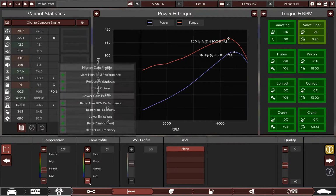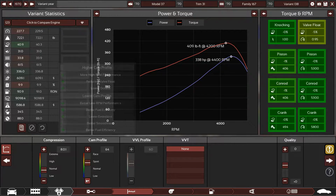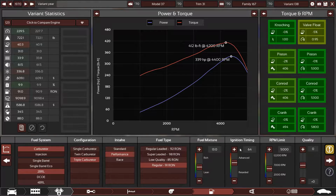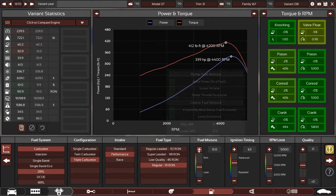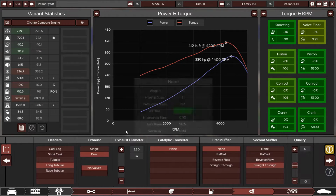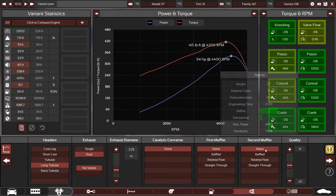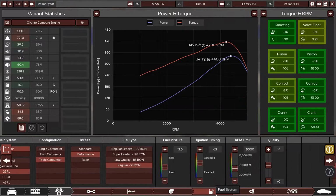Alright, so we're losing horsepower, even though we have valve float. You can get 340 horsepower right here, and the timing goes up. Hope any more than that. 39, 37, 35, 340, it's close. 341. I mean, if we took off the muffler, we'd have a bit more, but...